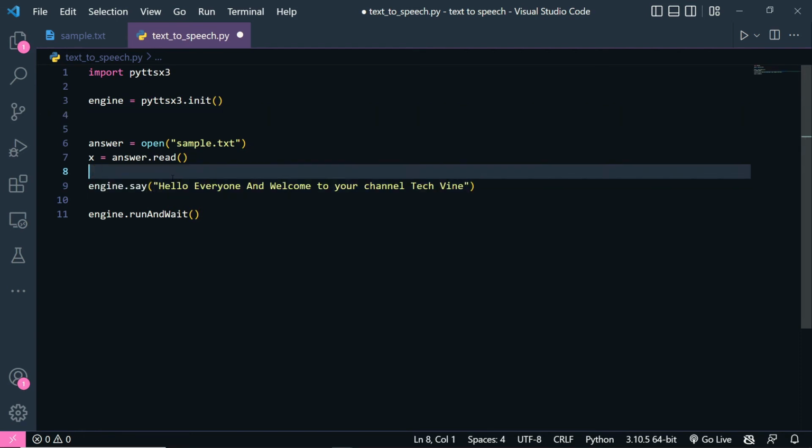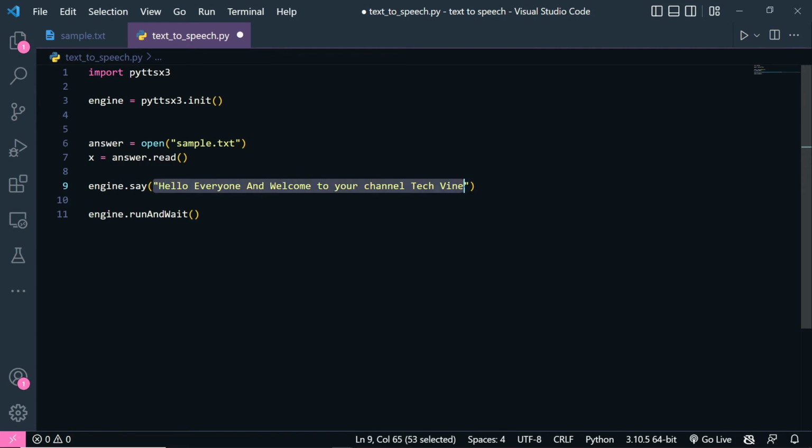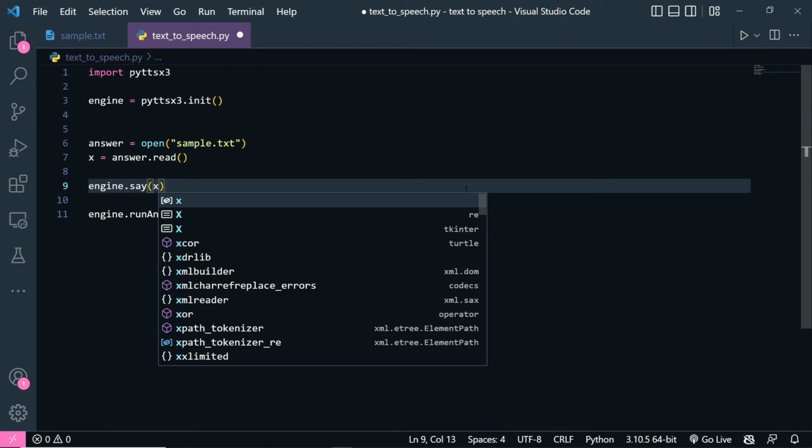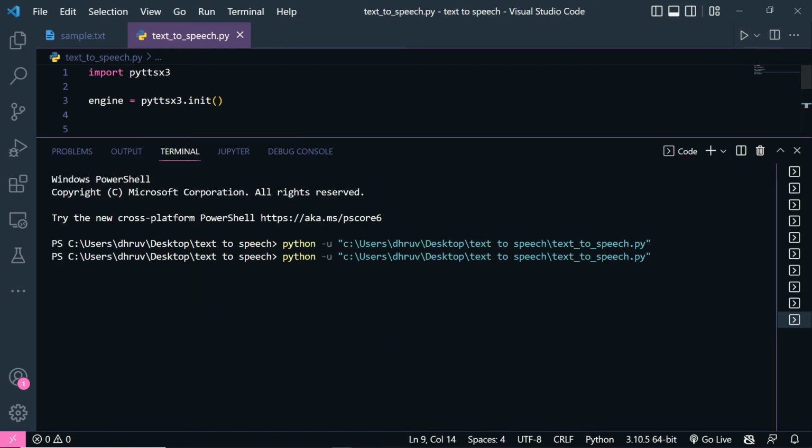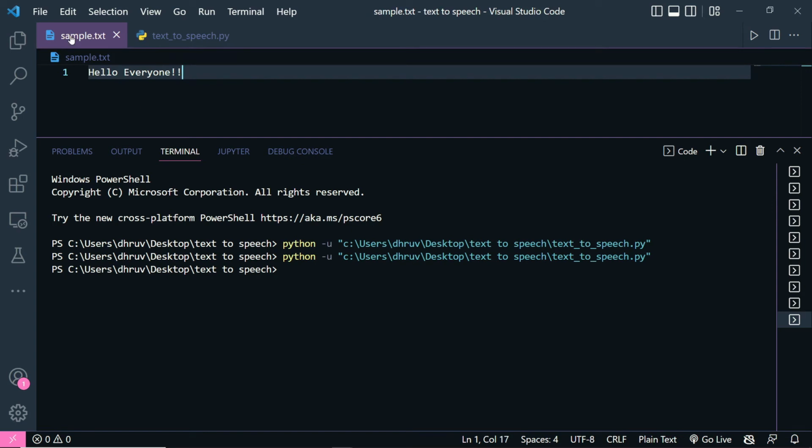After that, replace this string with our variable x. And that's all. Save your file. After that, run the code. Hello everyone. Now you can see that our computer system is able to pick up the contents of this text file and convert them to speech.